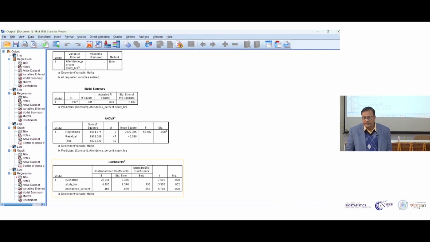So it is adjusted effect of attendance. Similarly, it also says that if a student reads 1 hour more than other,